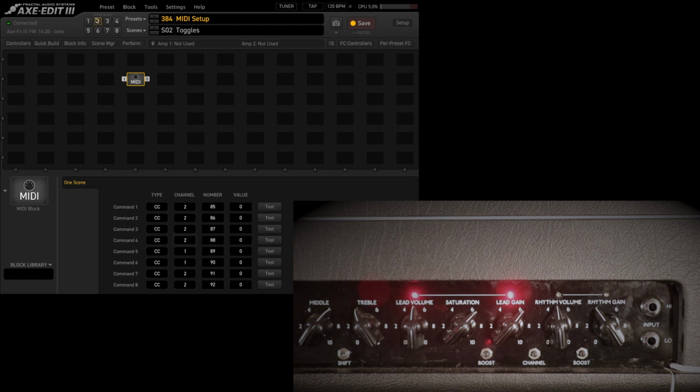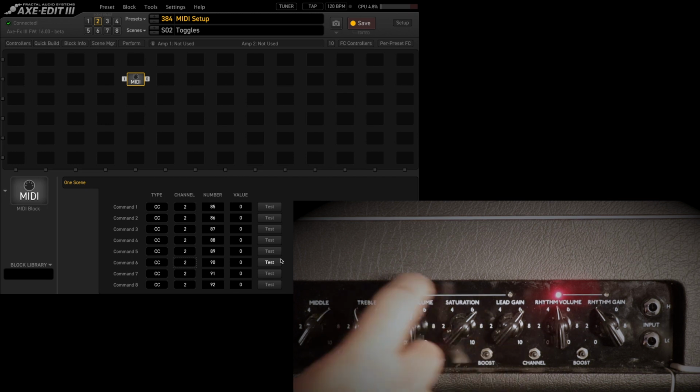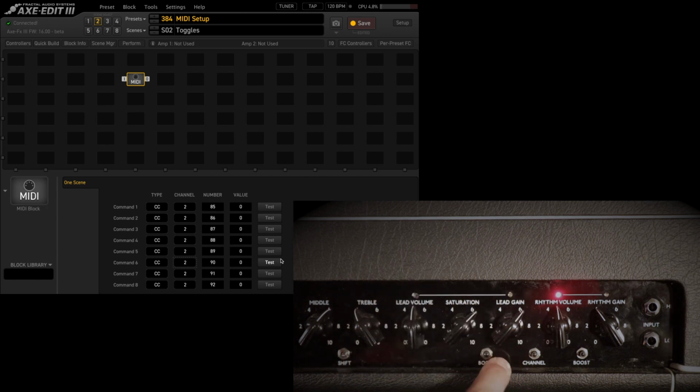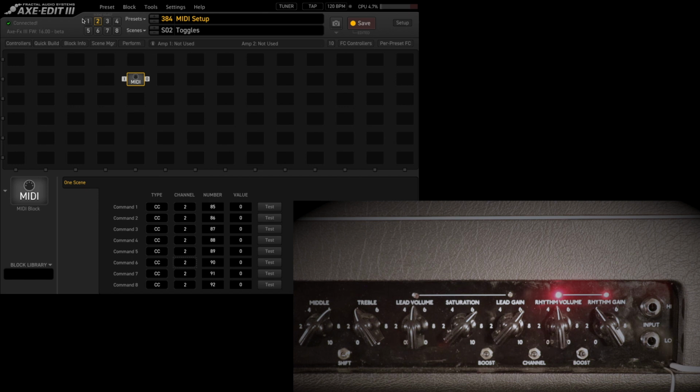So let's assume that I'm setting this up from scratch. And what I would actually do is I would set in on the amp what I want. So what I'm going to do here is I'm going to set up program 4, which as you saw was my lead channel with the lead boost on. I'll set it up as a rhythm channel with the rhythm boost on. So now that I've configured that, I'm going to save it. And to save,